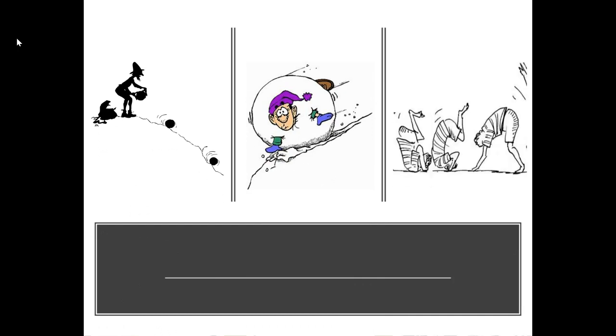Here's your first group of pictures. What do you notice or see? I notice or I see. Well, in the first picture, I notice someone is rolling balls down a hill. In the second picture, I notice a man is stuck in a big snowball, rumbling or tumbling down the hill. In the next picture, I notice someone doing a front somersault. So, how are these pictures the same or similar? They all,